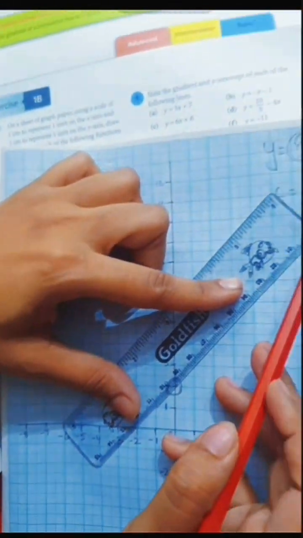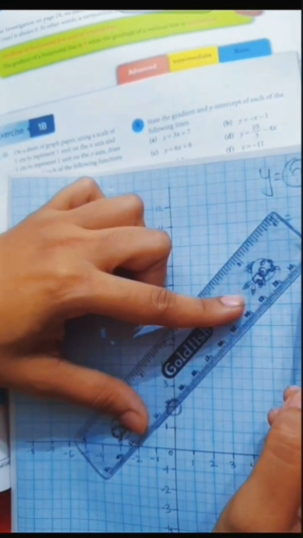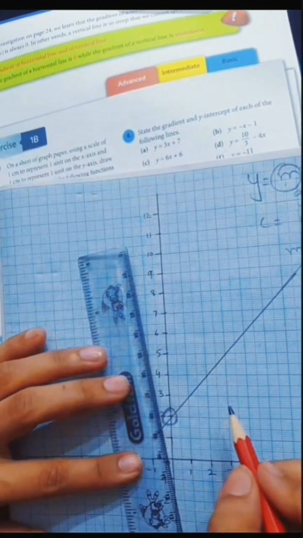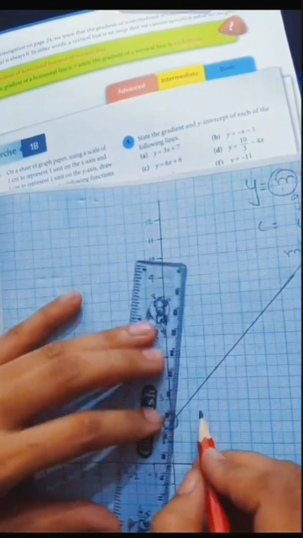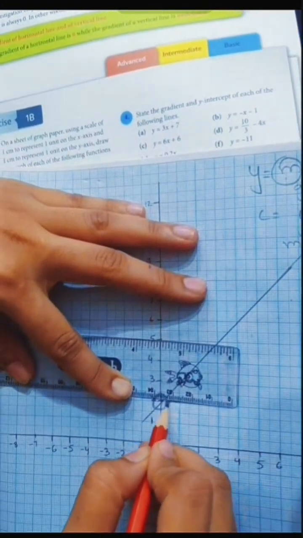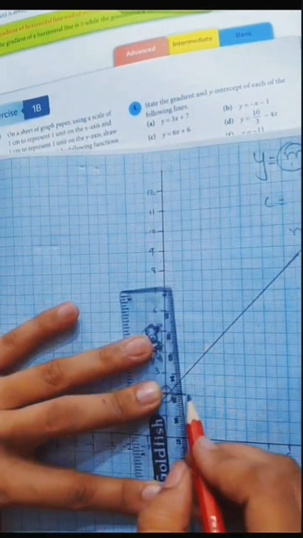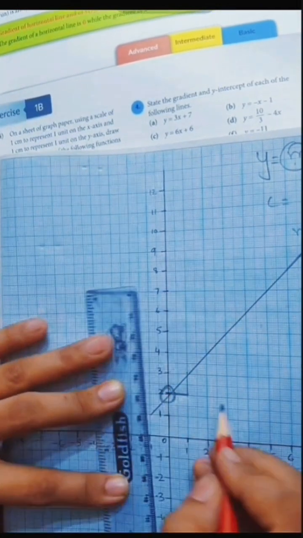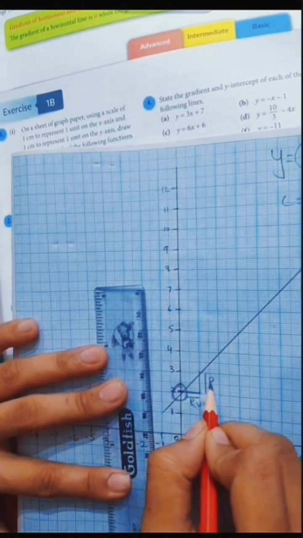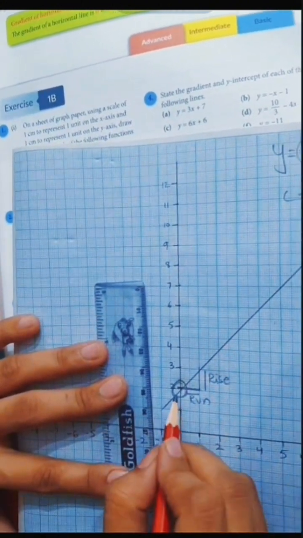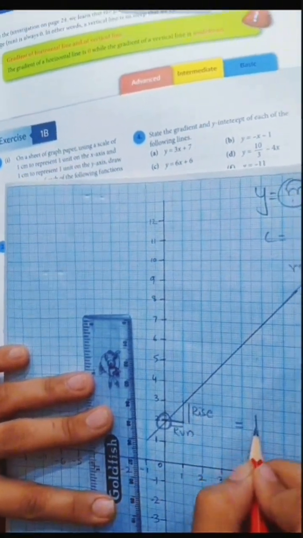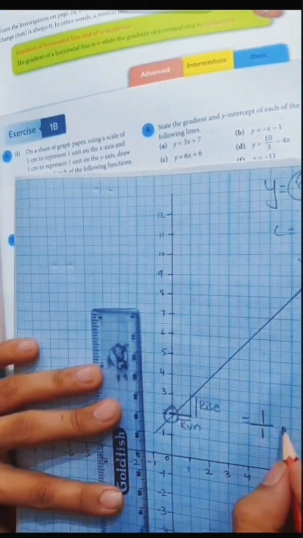Line किस तरह से टेढ़ी है, कितनी टेढ़ी है, ये हमें gradient बताता है. So to find out the gradient, we have to move rise upon run. मतलब कितना ऊंचा है. For example, when we move this 1 unit and 1 unit over here, so we can find out this is run is 1 unit, this is run and this is rise. Rise means upar jana and run means in the horizontal direction. So here rise is 1 and run is also 1.